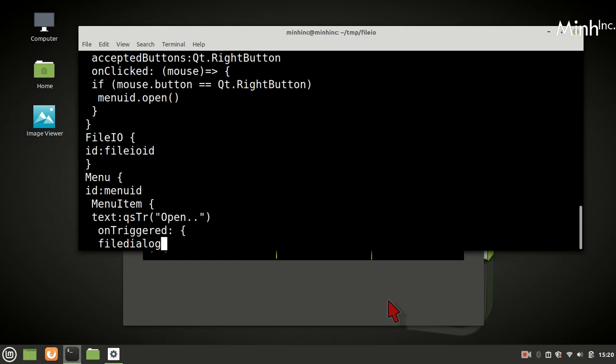file dialog ID. Okay, so we'll have one file dialog.